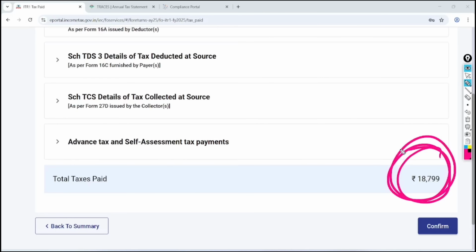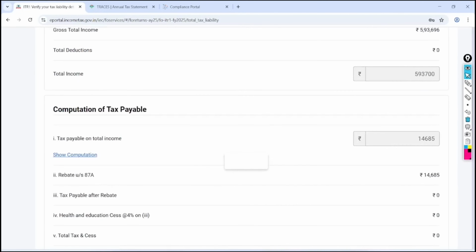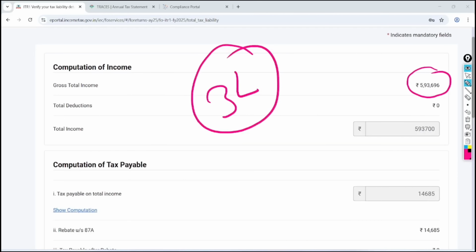Now you can show any other income as well. Up to 7 lakh rupees you need not pay any tax, and all the TDS deducted you will get as a refund in your bank account. Click on the confirm button, verify your tax liability. You know very well, up to 7 lakh rupees there is no tax, but after 3 lakh rupees tax calculation will be there. From 3 lakh to 5,93,000 tax calculation will be